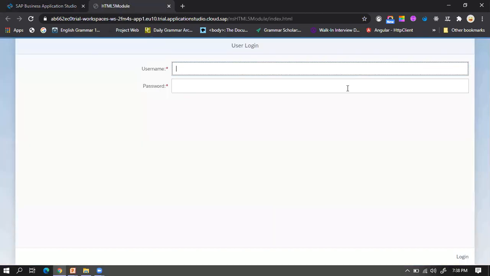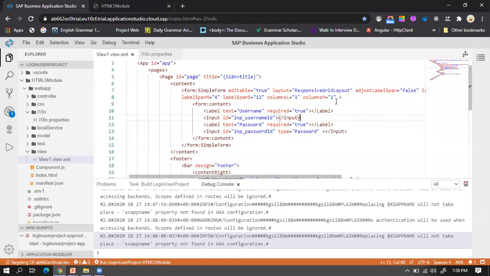Now the thing is that the input fields are taking this much amount of space, and I don't want the input to take this much space, because it's not looking good. In this case, we have the properties available for the simple form. Just use the empty span. For large screens, I want that to be 4 columns.